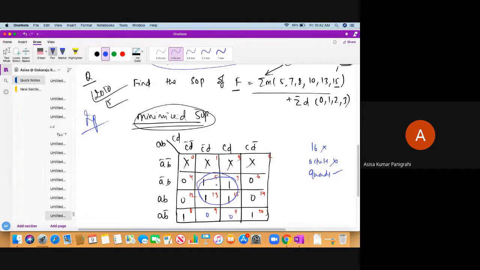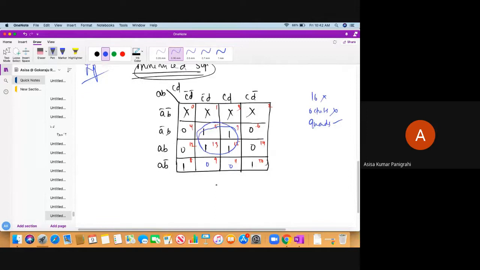Next, I have told you these corners are also adjacent to each other. So we can see all these 4 corners are actually one quad, which is adjacent minterms. So I can combine it like this. Okay, any other combination possible? No. So now what is common in this combination? The common is actually B D. And for this, what is common? The common is actually B bar D bar. Okay, so we have got here the function F.